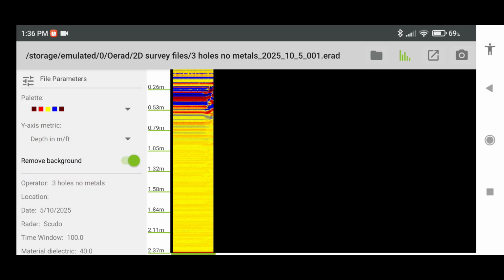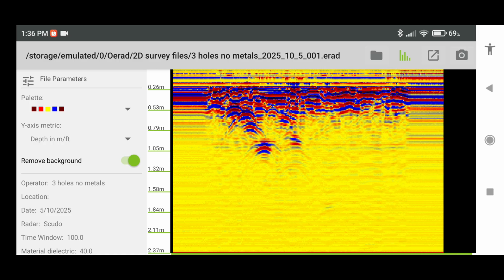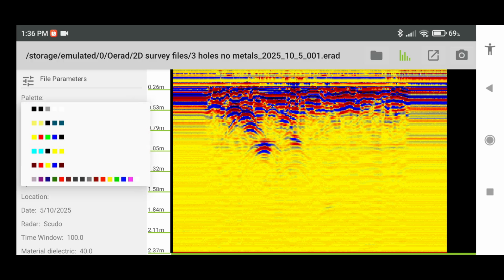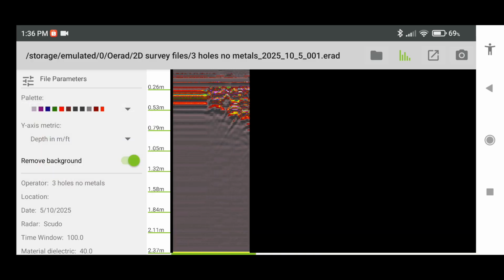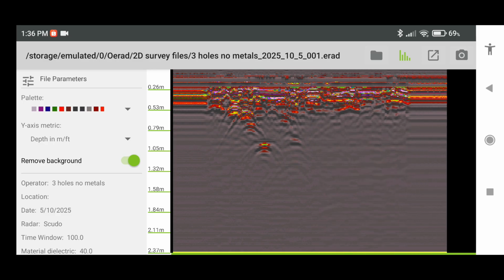Five. And 6 palette. So again, this is for the no metals.